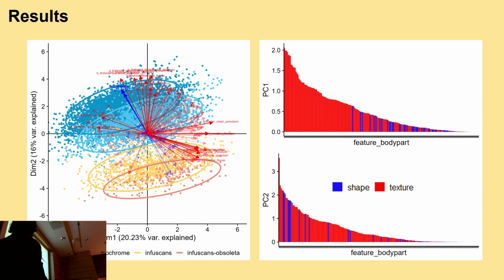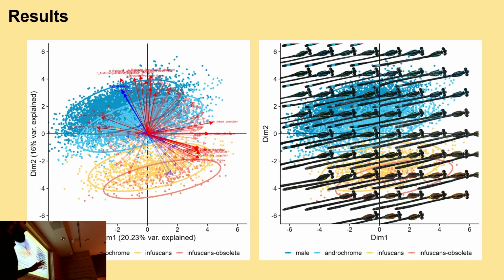So this is information from all 3 color channels, and it includes 36 texture traits and, I believe, 7 shape traits. Each dot is an individual, and the different ellipsoids are the different morphotypes. The first axis of this morphospace is mostly variation coming from shape features, and the second axis is coming from shape features. And because we use computer vision, we can actually map the extracted